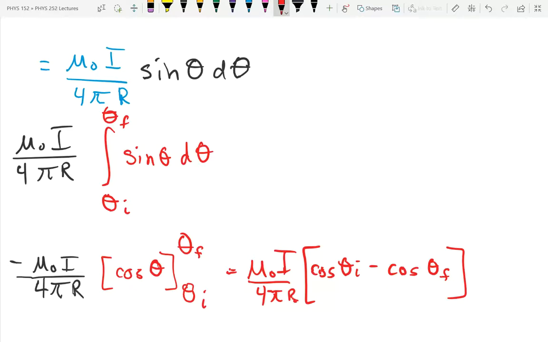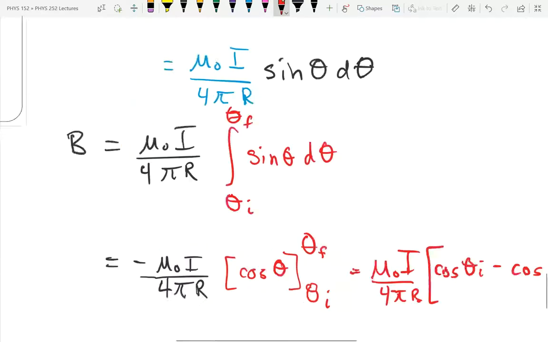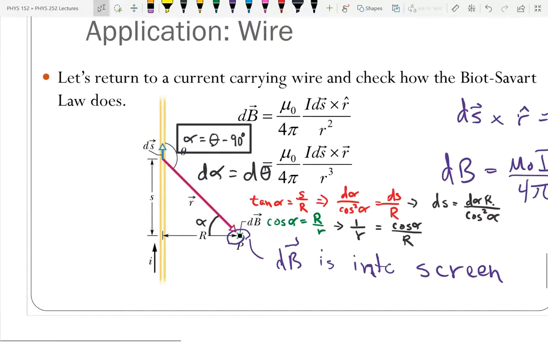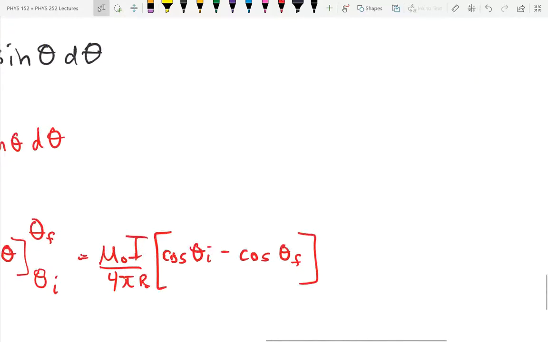For an infinite wire, looking at our definition of theta here, if it's infinite, you're going to start with infinitely down below. Theta is going to be 0 for your initial angle. And then if you go infinitely up above, theta is going to be 180 degrees or pi radians. So we're going from 0 to pi. So for an infinite wire,